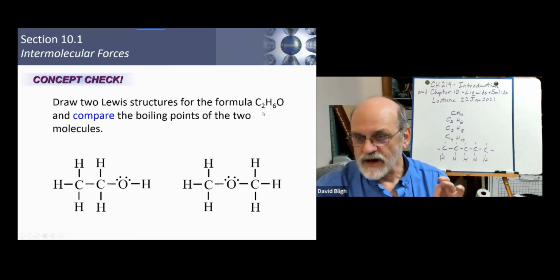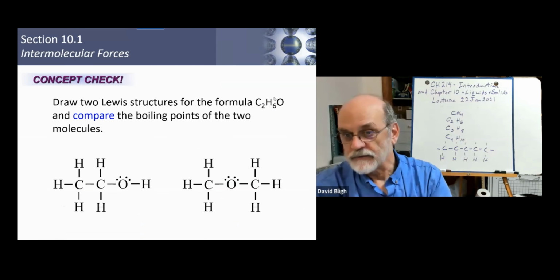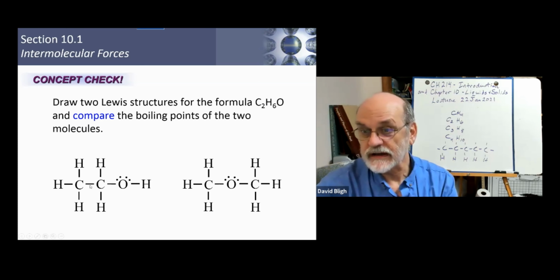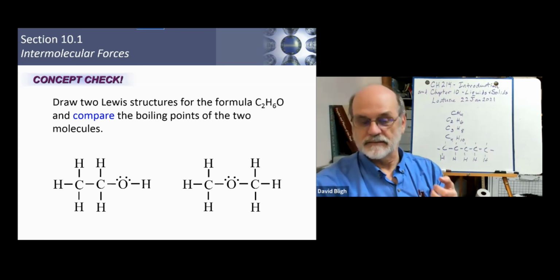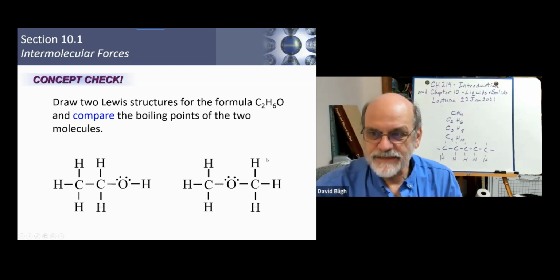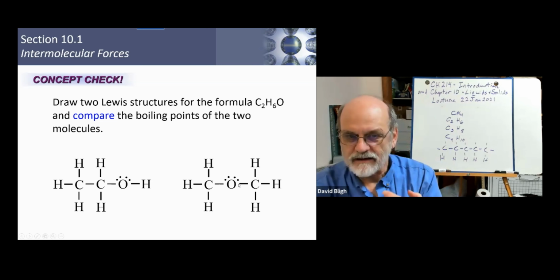Notice that C2H6O is the molecular formula for two different molecules, right? If you don't know the structure, you really don't know which one you're talking about. One of them is this one. It's ethanol, the drinking kind. The other one is dimethyl ether, right? So which one would you think has the stronger